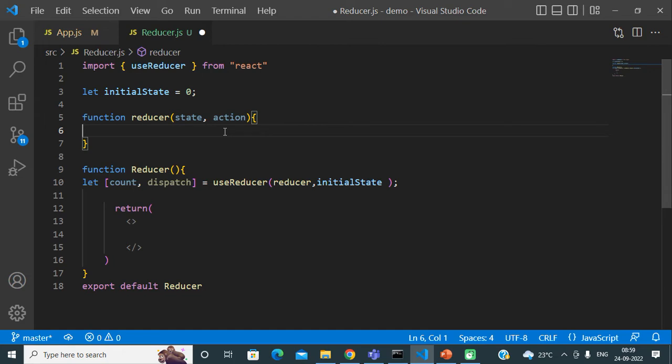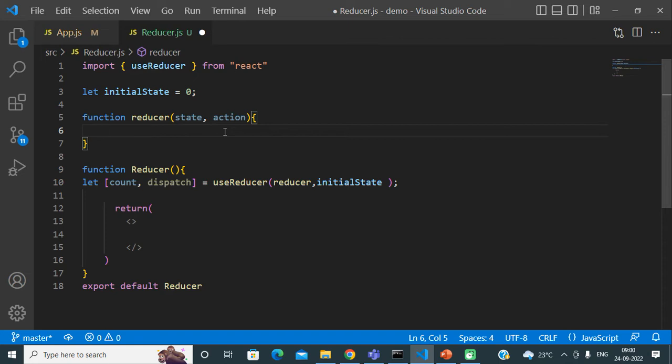Whatever actions our user performs depending on their interaction, we need to define all of them here. Each time this reducer function executes, it will check which particular action the user has performed, and depending on that action, it executes the state change logic and returns the new updated state. That code we need to create inside the reducer function.